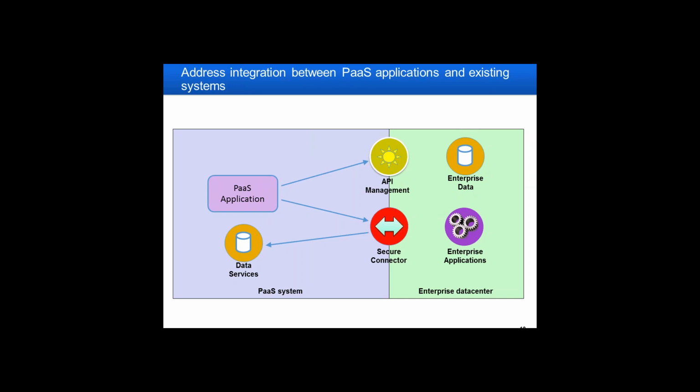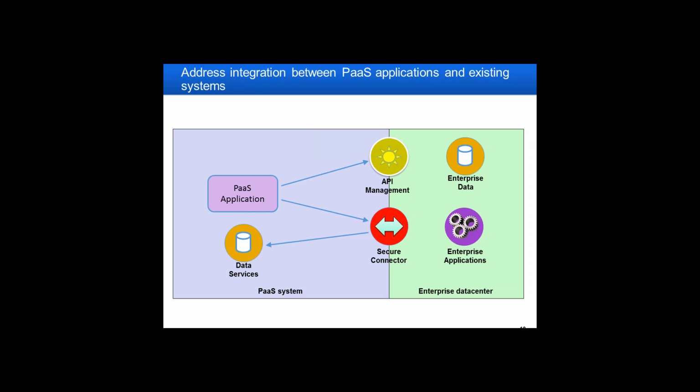Now, the API management may be just more than simply exposing existing stuff. There may be a need to do things like data transformations to convert the existing formats of enterprise data into a format that's more easily consumable by the PaaS application. That can be particularly the case where the PaaS application is supporting, say, a mobile app, and we may need data in, say, JSON format in the PaaS application for what we're doing, but coming out of the enterprise database, it may be, you know, an SQL query, and it may be coming back as XML or some other structured data format. And so we may need the API management layer to do conversions as well as simply mapping.